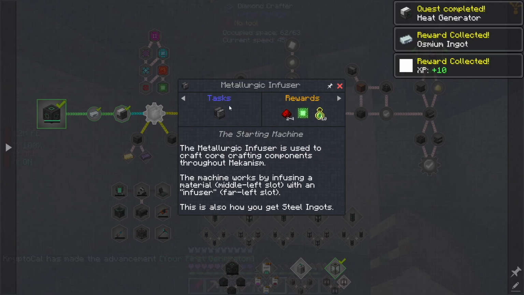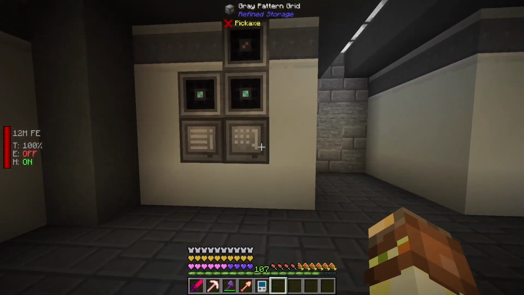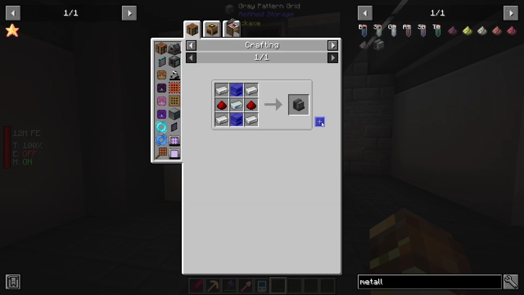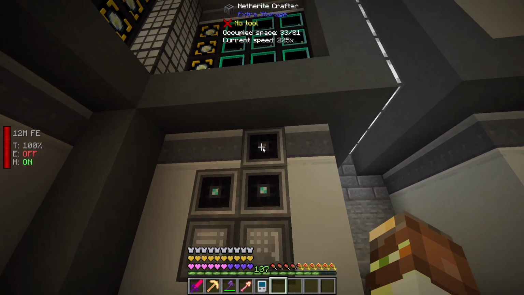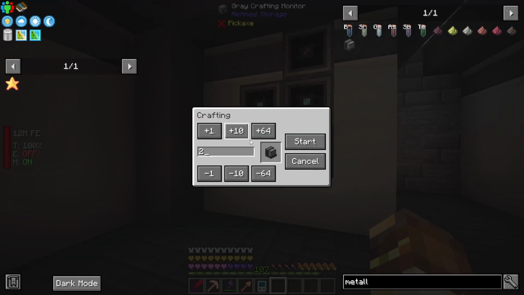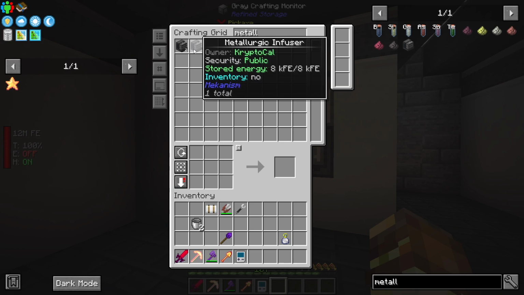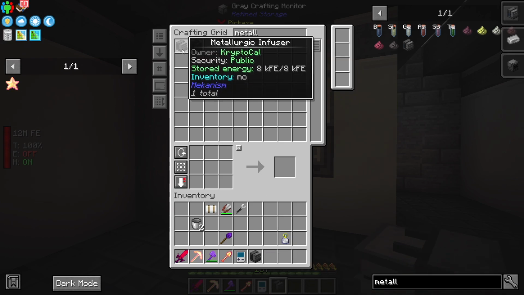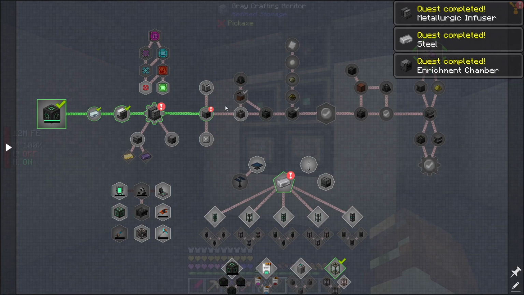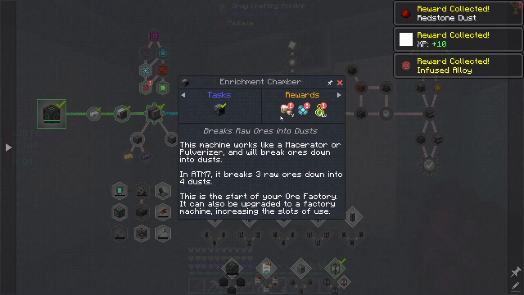Next up, this is the metallurgic infuser. Now, I will actually put this one on autocraft, I believe, because we might need a couple of these down the road. I do have one already from earlier. I think that's how I got the steel in the first place, but we might as well go ahead and put this on autocraft just because. But yeah, let's go ahead and make 2 of these. There we go. So 1, 2. Now we have 3 metallurgic infusers, which will finish the quest for us here and unlock the